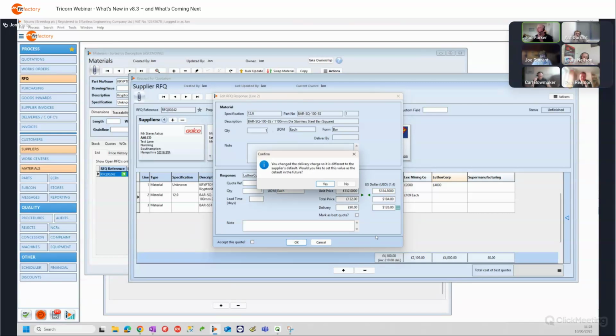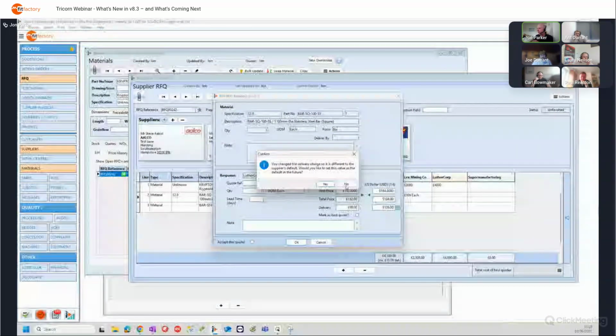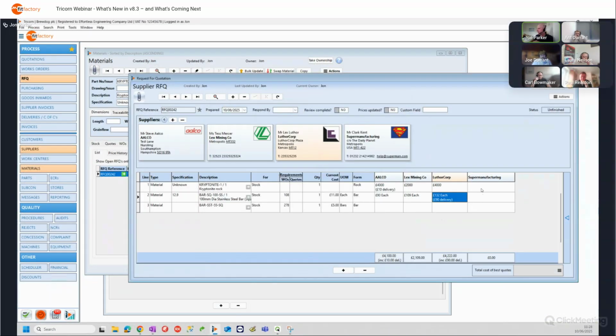So we've started getting our responses in there. Super manufacturing declined to quote for kryptonite. And you'll notice that as you fill in your prices from your suppliers, you get a total at the bottom. So if I accepted Luther Corp's quote in total, each of the parts that they quote for, that's my total